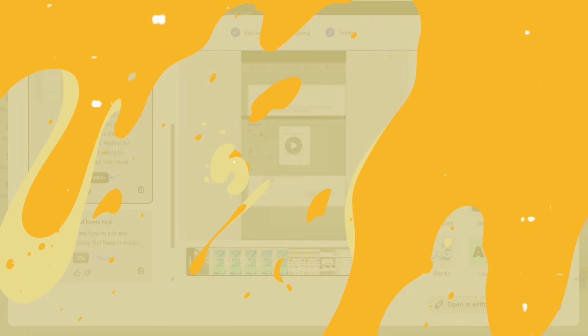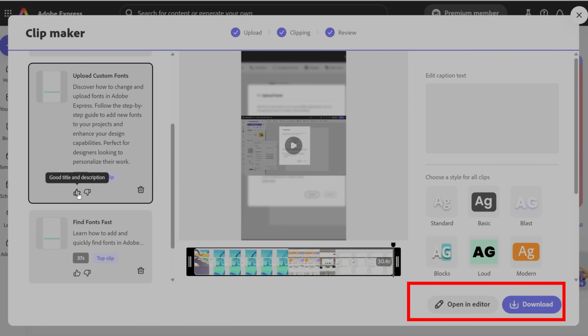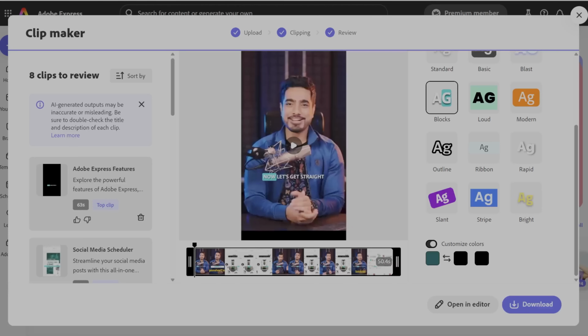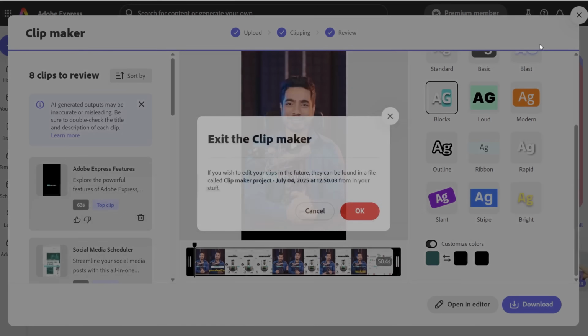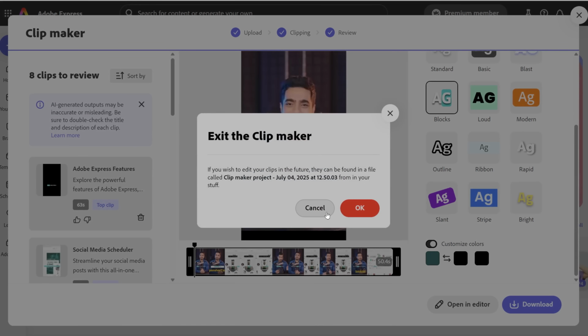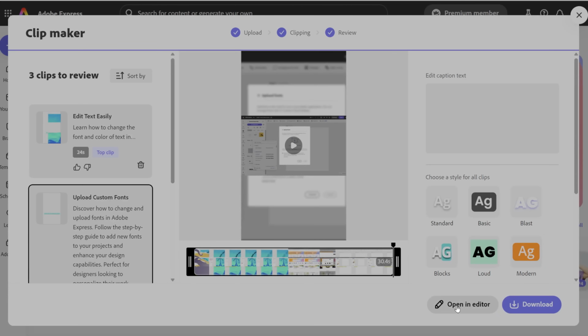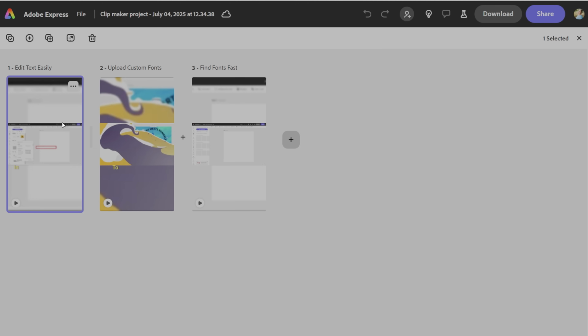Under the colors and styles for the captions, you have the option to download. It will download all the clips you see on the left side as a zip file. It might take some time to download because it's a big project. If you click to close the Clipmaker pop-up, you get a notice that you can still change this video in the future by finding it in the Your Stuff tab, so everything you create with this tool is not going to waste. If you want to continue editing, you can click Open in Editor, and you'll be taken to the